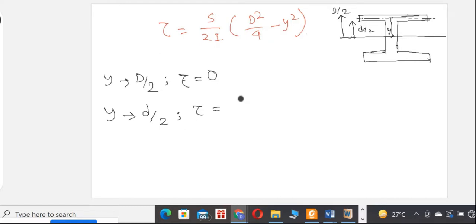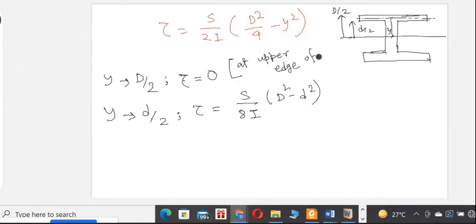So S by 8I into D square minus small d square minus d square. Yeah, S by 8I into capital D square minus small d square. This y equal to D by 2 means at the upper edge of flange,